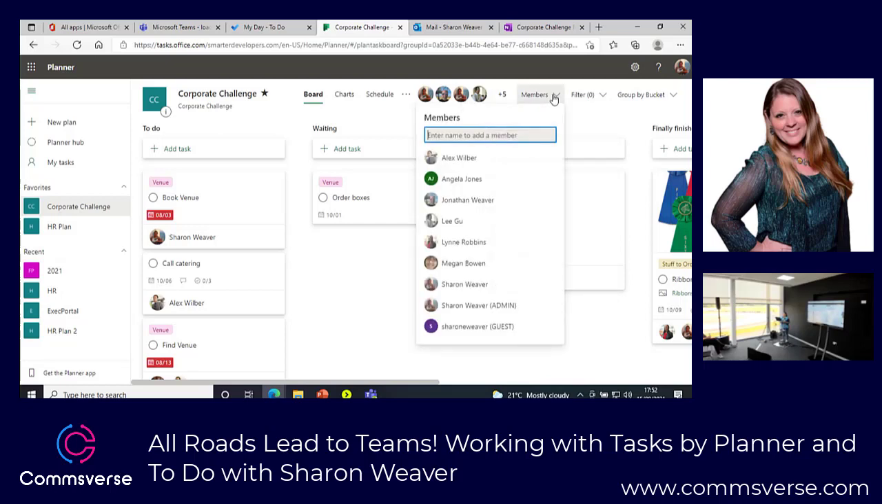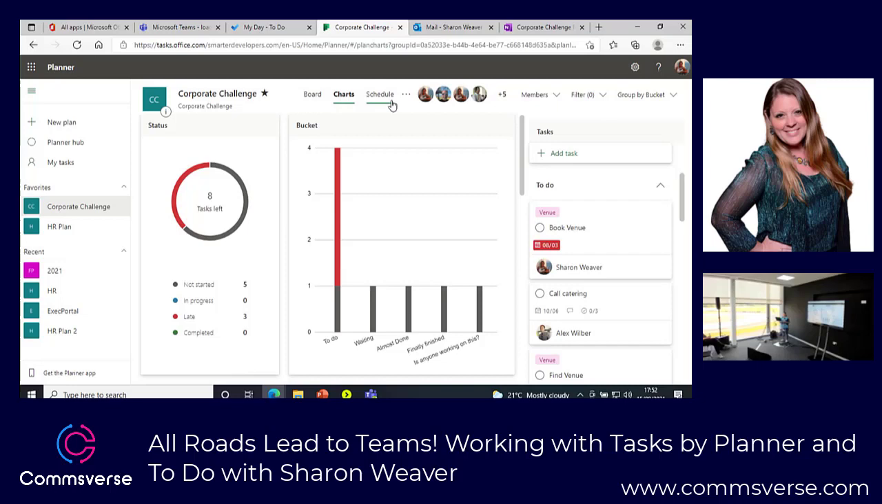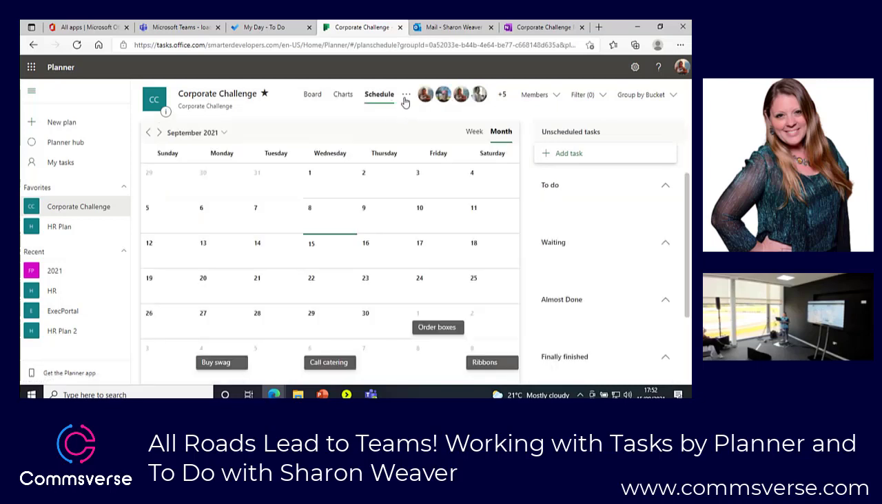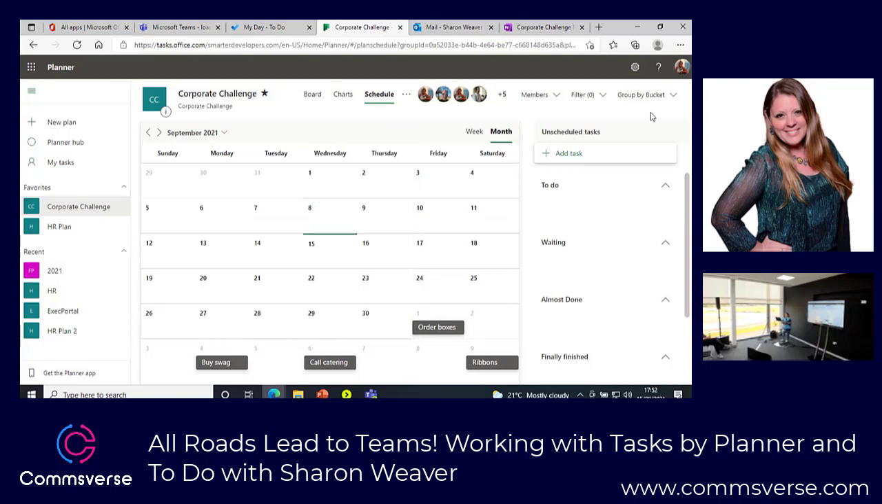But when it really comes down to it, our views are fairly limited. I can see my charts. I can see my schedule in the calendar. I can click on my ... right here. And this is where I was saying I can add it to an Outlook calendar. It does not sync. It copies one way only. I can export it to Excel if I want to. So there's some pretty decent things I can start to do in here with a pretty easy task